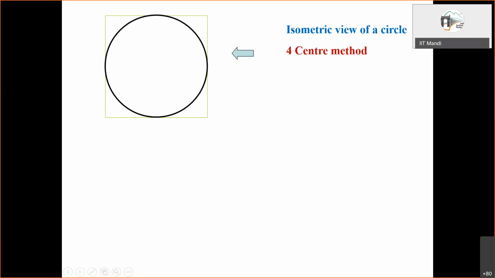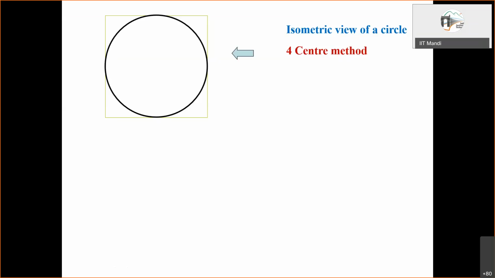You can adopt any of the methods like we did earlier to draw the ellipse. In the projection of solids, you have drawn it already. So we can have multiple points marked on the circumference. Then we can mark them on the relevant isometric diagram, right? And then have a freehand curve.